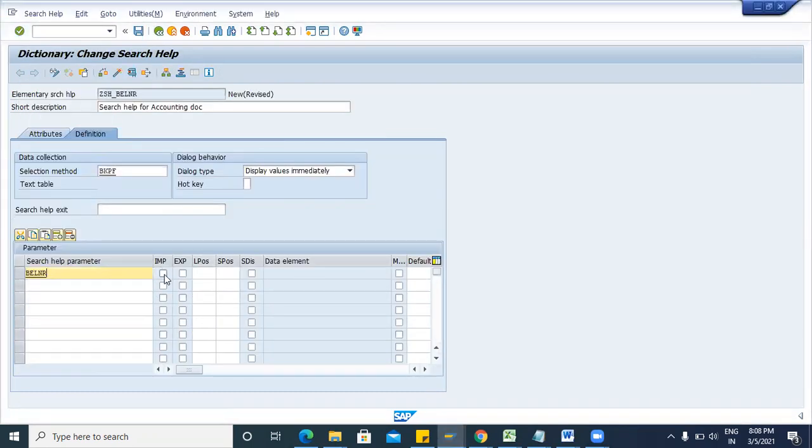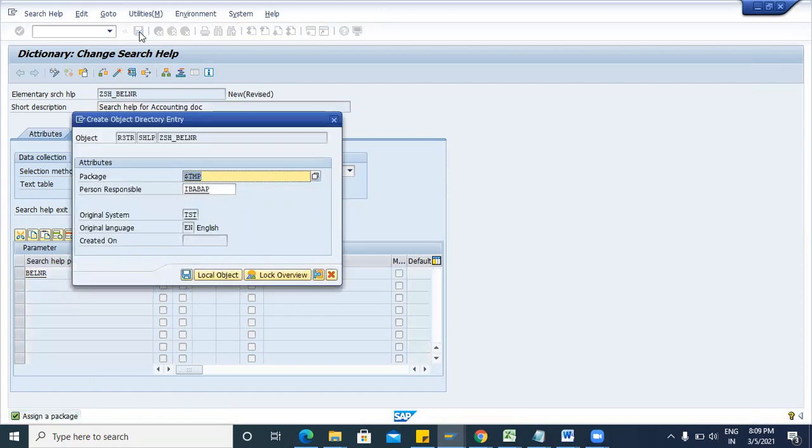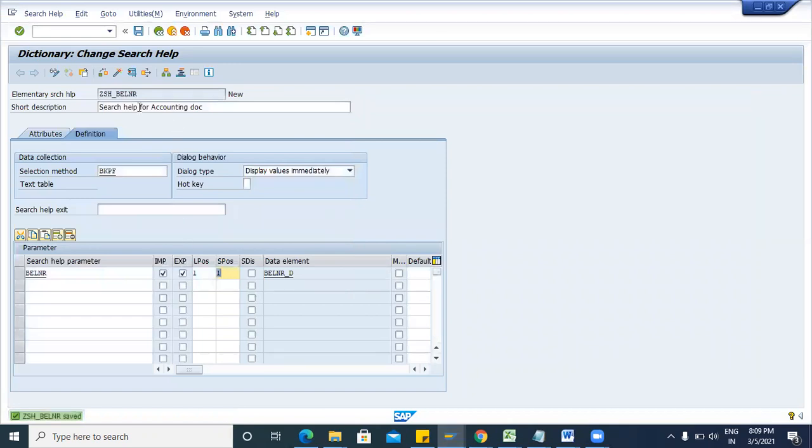Then we will select this checkbox importing and exporting. Importing is for input, exporting is for output. Here we will select the position 1, enter. So the data element will come automatically. Then click on save. It will ask for package, $TMP, save, then activate. So now your search help is created.